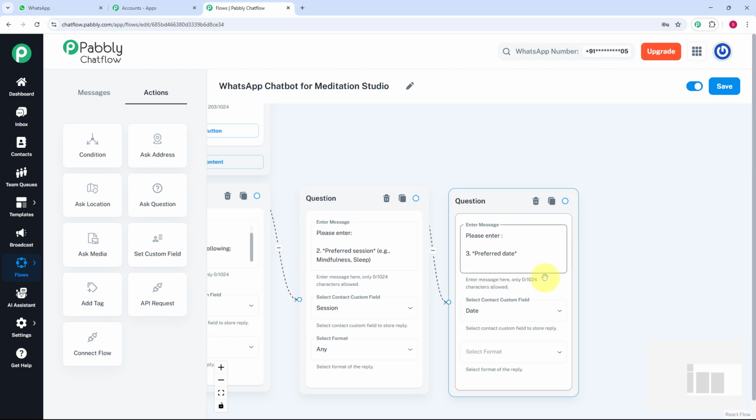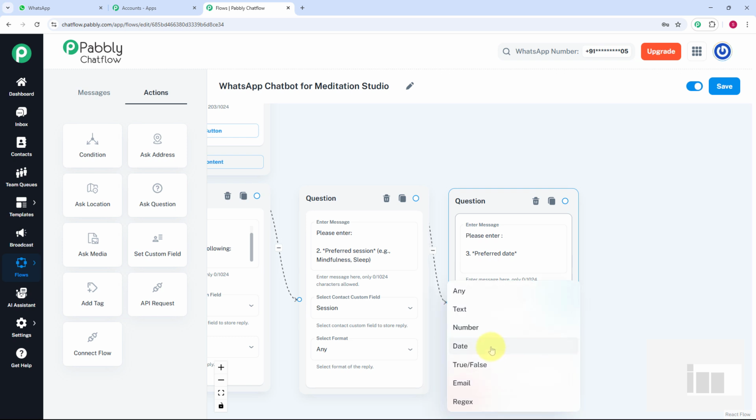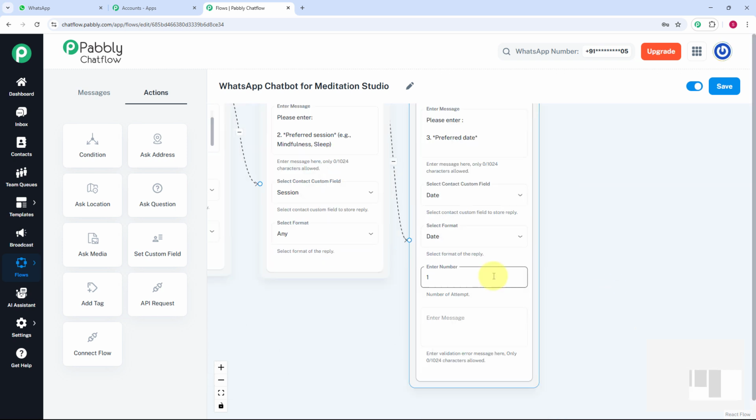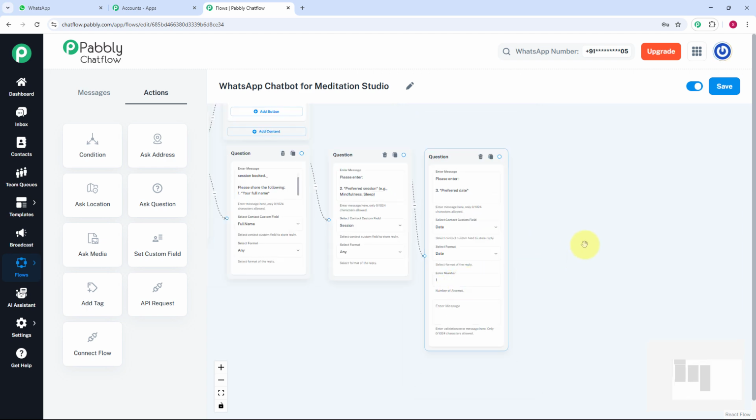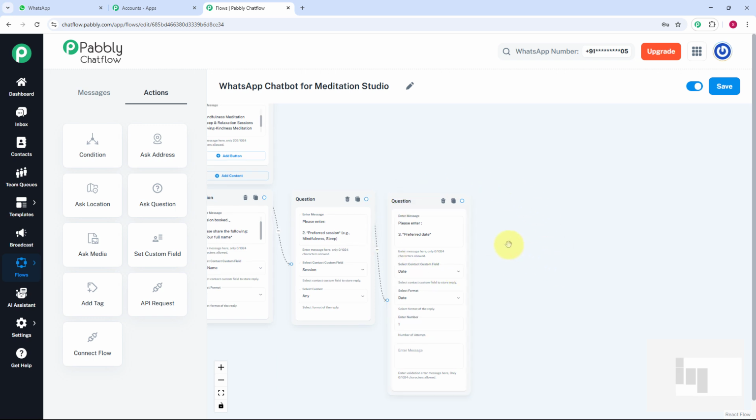Here you can see I have entered this another question regarding the preferred date, and contact custom field I have selected as date, and now I am going to select the format as date here, and as you will select the format as date, it will ask you to enter the number. So basically here it is asking you to enter the number of attempts you want to provide to your customer. Now if the user answers this question, I am going to provide them a thank you or the confirmation message